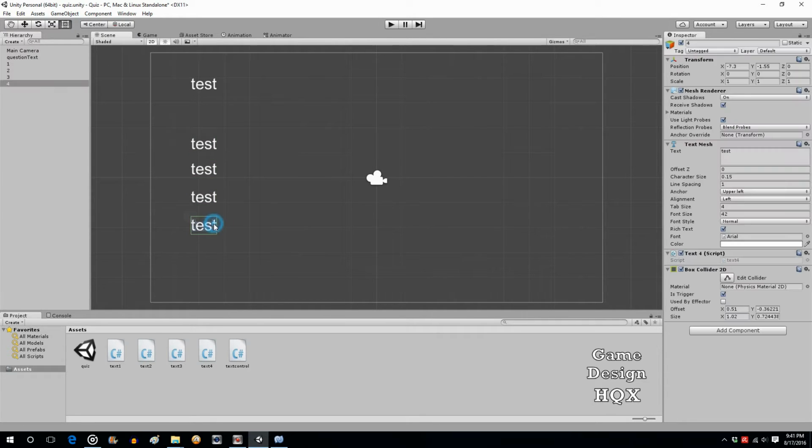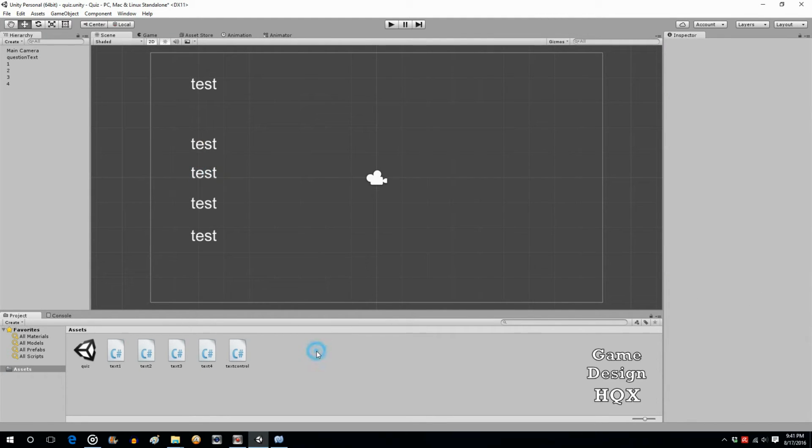And now let's separate these a little bit more, because now that we have box colliders, we want to make sure that people aren't accidentally clicking on the wrong one. Humans are prone to errors, so give it a little bit more space in between them. Okay, so now